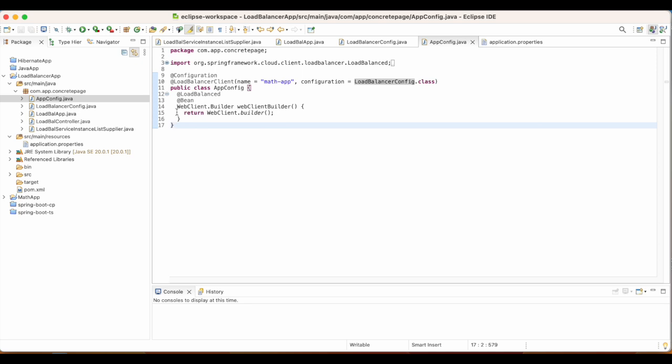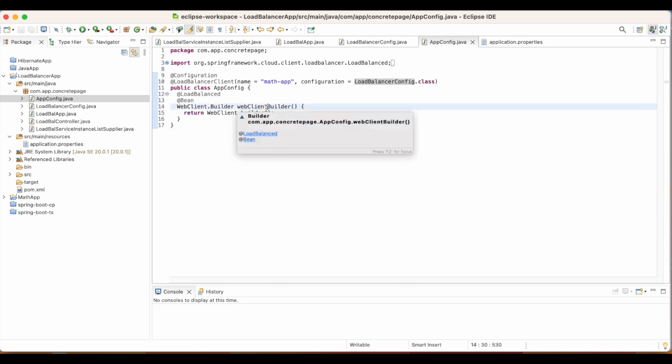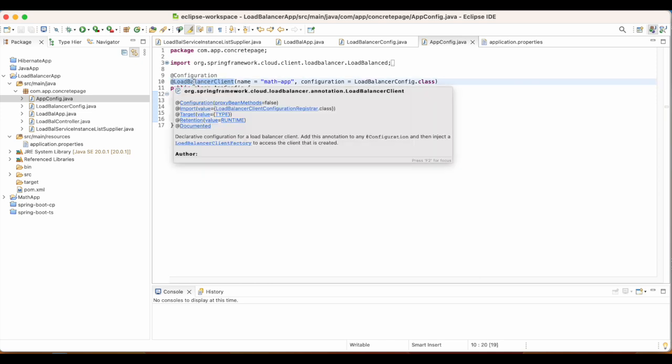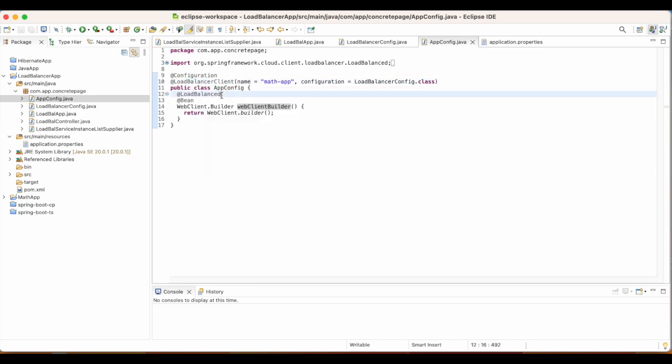It means when we use the web client builder, this will use this configuration only if we annotate it with load balanced.